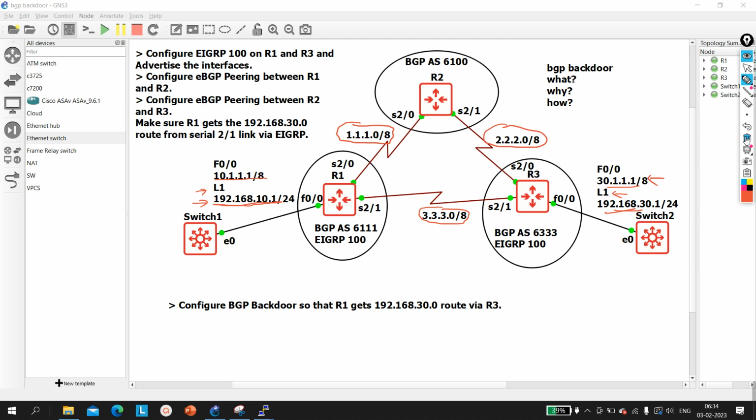As you know, BGP has two administrative distance values, internal and external. On router 2 I will configure BGP AS 1600, and on router 1 I will configure BGP AS 6111. Between router 1 and router 2 we will configure eBGP peering, and as you know, the administrative distance for eBGP is 20. Suppose I am talking about this network